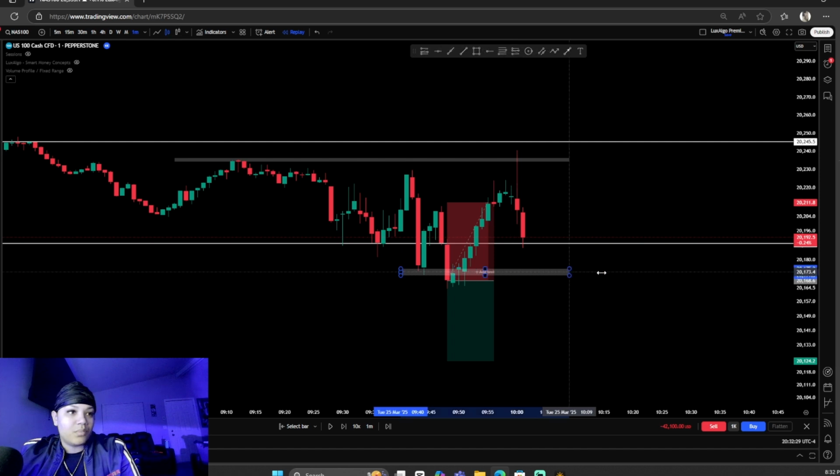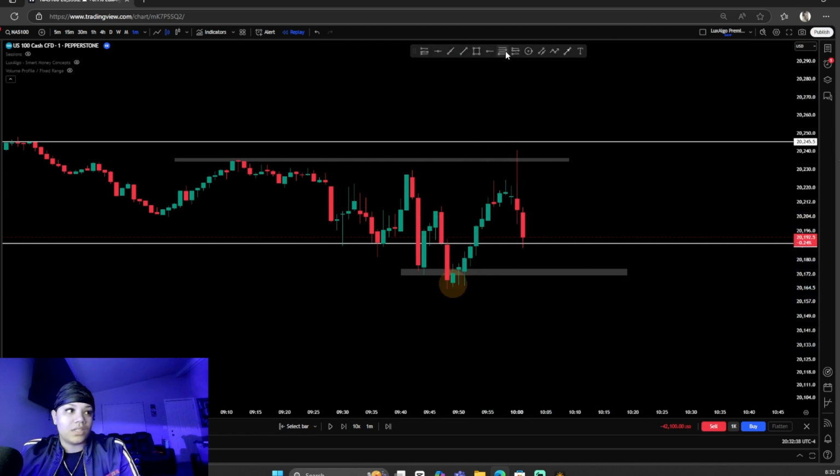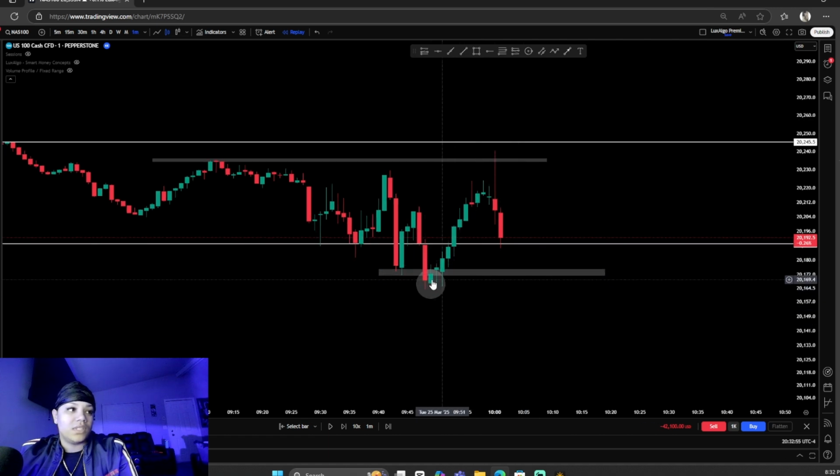All right, so it looked like price wanted to pull back down. Based off of this low, I'm paying attention to this. This is a low formed right here. I'm going to erase this, don't get distracted. This was a low formed, right? I'm going to put this white. So this was a low formed right here. If price breaks this low, then I'll re-enter for a sell. But if price respects this level and does not create a low lower than this low, then I'll know that price doesn't want to push down.